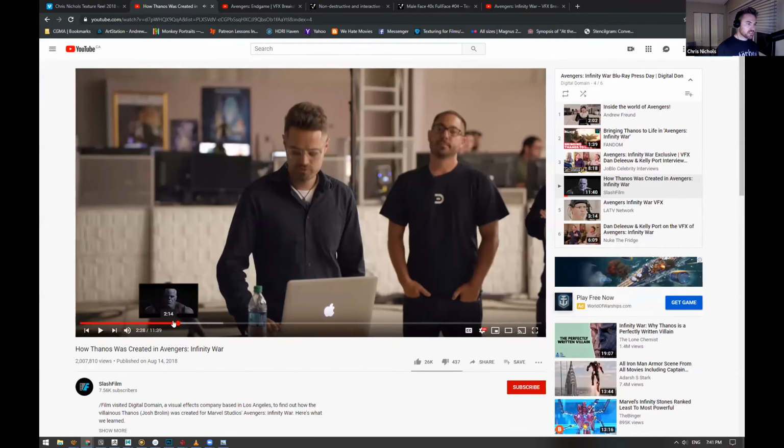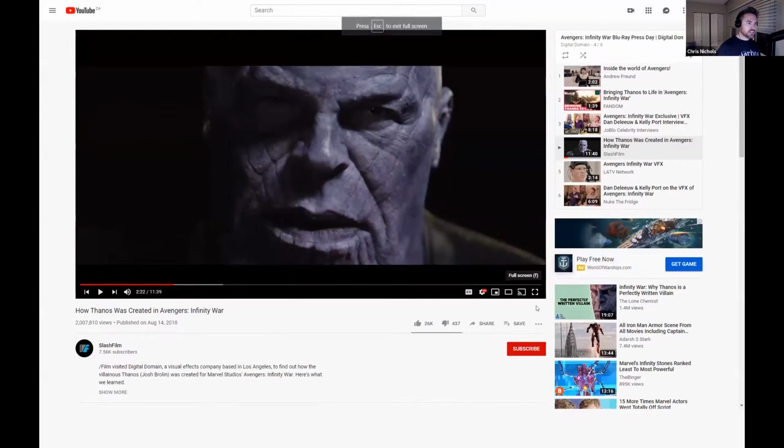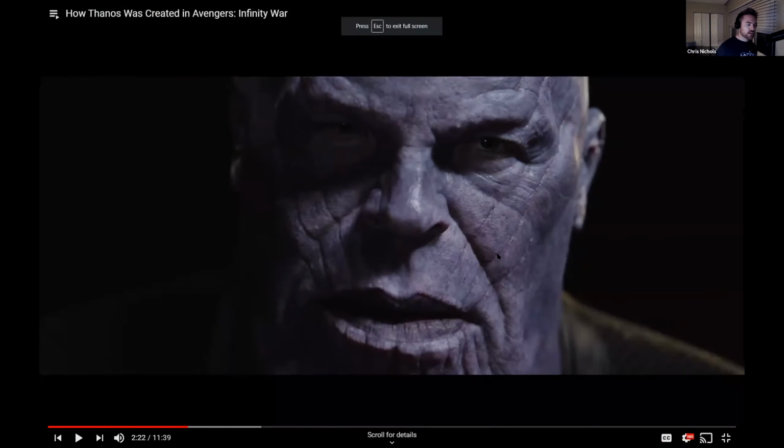As you can see, the look of Thanos is slightly different from what showed up in the final film. It was about a 3 or 4 month period that we were developing Thanos, but this test was probably around maybe 2 months of work. What this allowed me to do is to really figure out my process, how I was going to approach Thanos, because everybody on the show, believe me, wanted to really bring it for this character. We wanted this to be one of the best creatures ever created in CG.